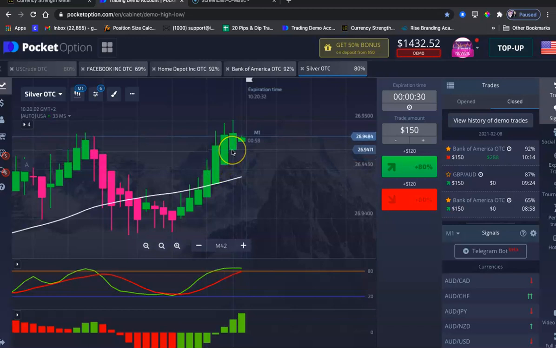So it had a nice little push up, but now it's overbought. It's in the overbought zone, right? It might continue, but from what it looks like it's going to doji out. Here we go. Here's that doji. It's going to doji out, and possibly turn and go the other way, or it might continue. I'm not sure. But I just wanted to show you how quick and easy you can make money on this